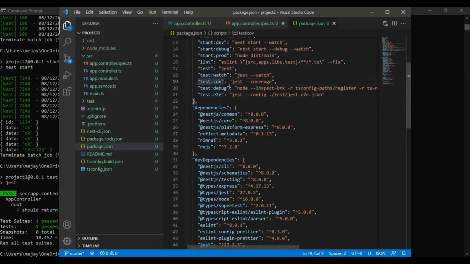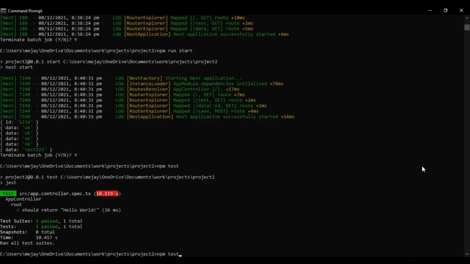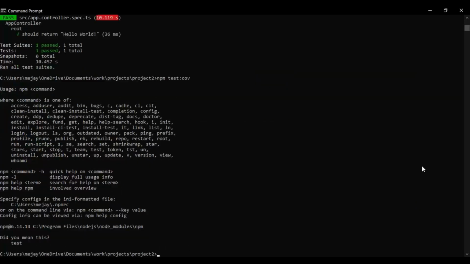So you can also see the coverage for your code. You need to run this command, test coverage, then only you can see test cov.